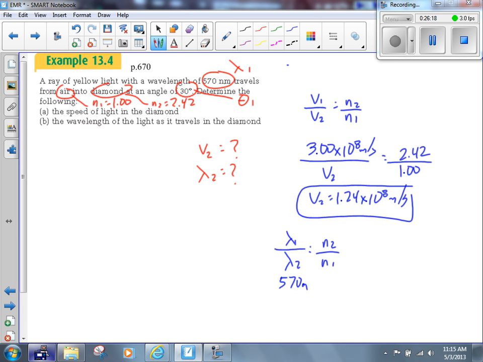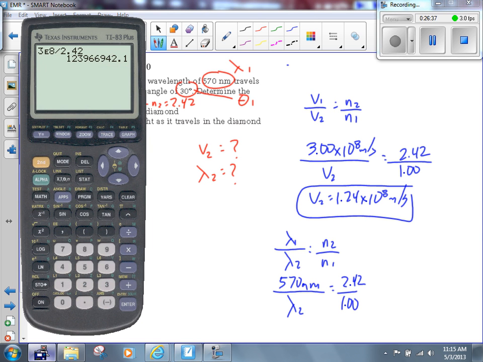But if you leave it in nanometers, it's okay. Because when we solve for lambda 2, we're just going to get the value in nanometers. So 570 over lambda 2 equals 2.42 over 1.00. And we're going to rearrange this in the same way. Lambda goes up, 2.42 goes down. 570 divided by 2.42 gives me